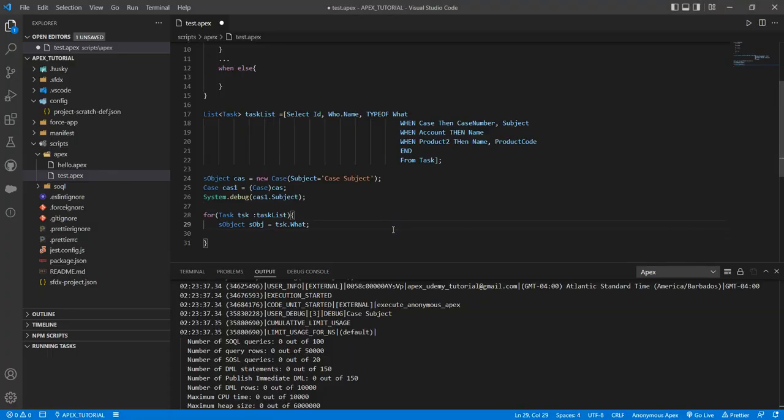So that can be used as our expression because we want to know based on the type, then we can route it differently. So if we do switch on, and then we need to write our expression,